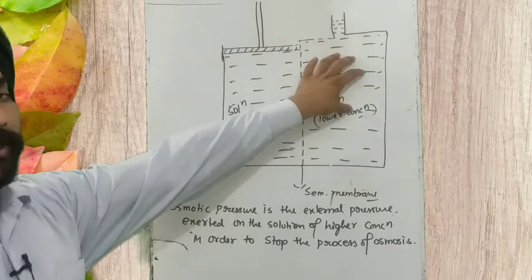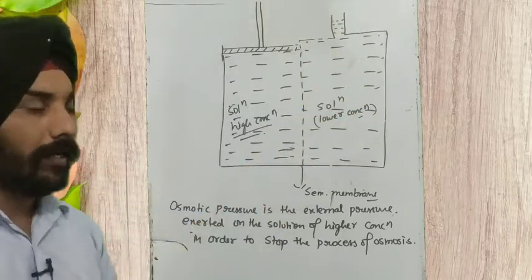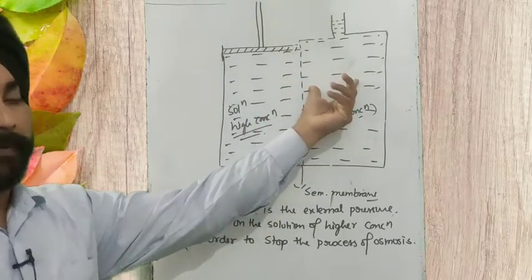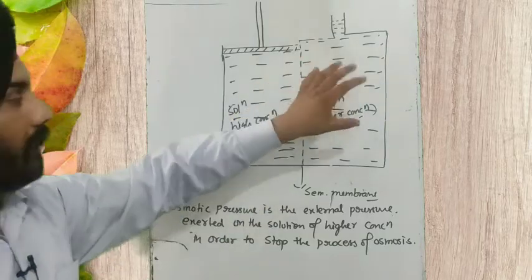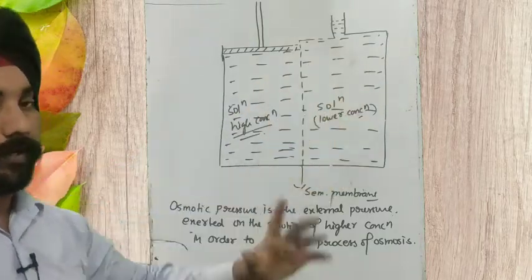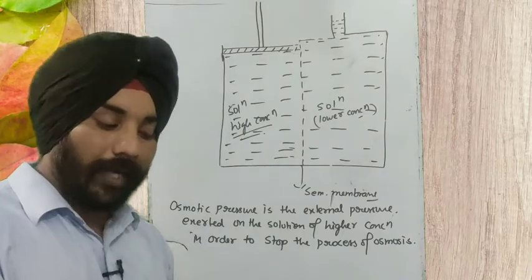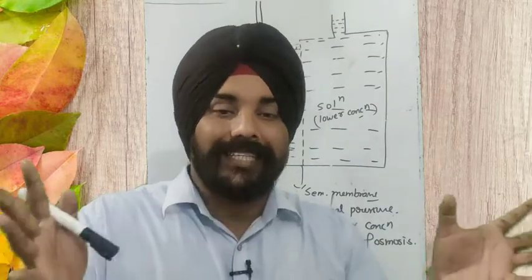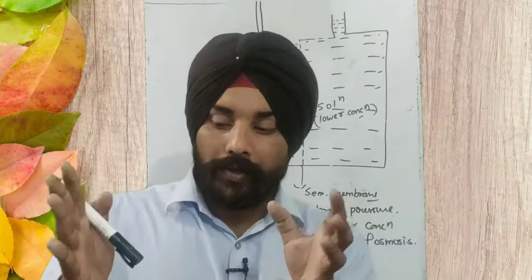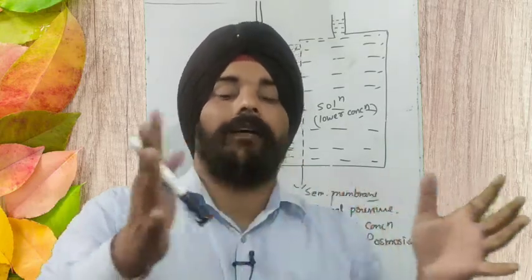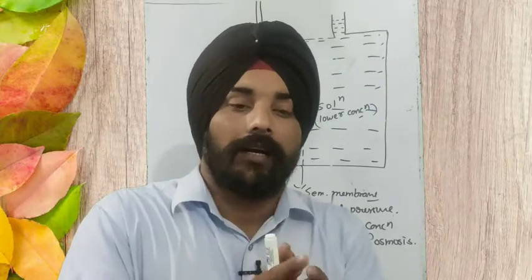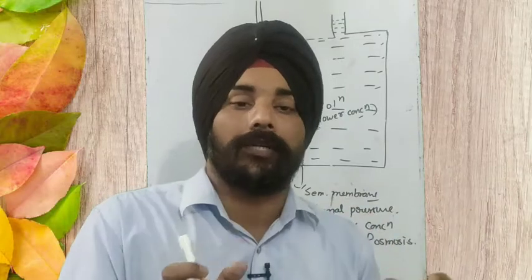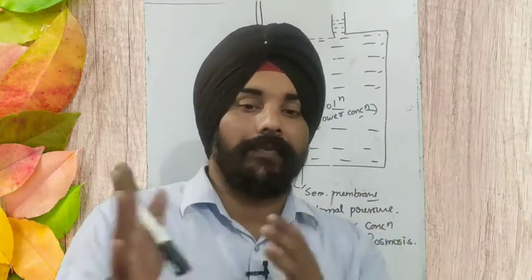Because when the concentration of a solution is lower, that means the vapor pressure is higher. Sorry, not lower, it is higher because the concentration is lower. Okay, the more solute is added into the solvent, the more it decreases the vapor pressure. Okay, it's all about equalizing the vapor pressure. When two solutions are kept in contact and have different concentrations of solute molecules, that means they have different vapor pressures.